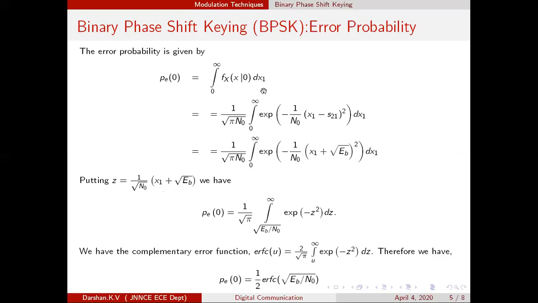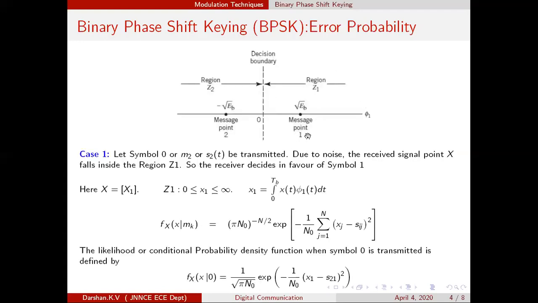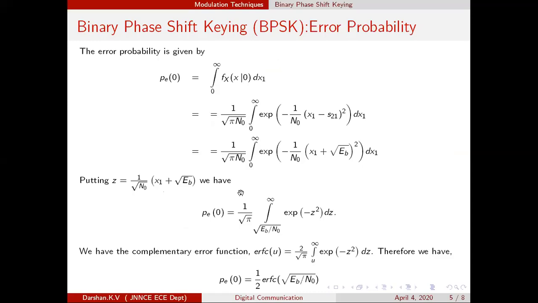So what is the value of the received signal vector x? Again you are having only one element, that is x1. What is the value of that x1? Since it falls in the region z1, the value should be from 0 to infinity. Therefore it is written as 0 to infinity. So the simplification is very simple. Let us not bother about the simplification. By this time you came to know why we want to use this PDF function. It is basically meant for calculating the probability density function, meant for calculating the probability of error.